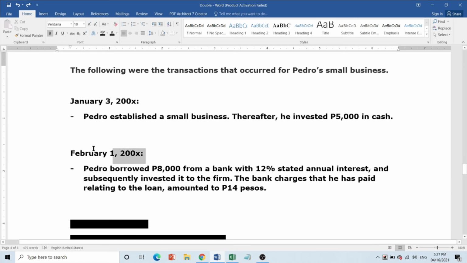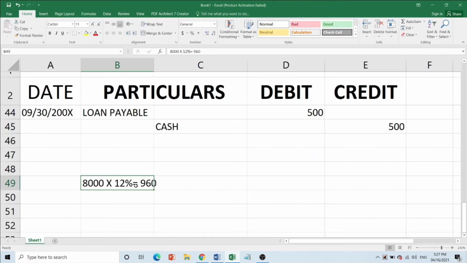Dito po talaga pumapasok si carelessness. Okay? Kapag nagkamali lang po tayo na hindi natin matandaan na February 1 siya nag-occur, most probably yung mangyayari dito